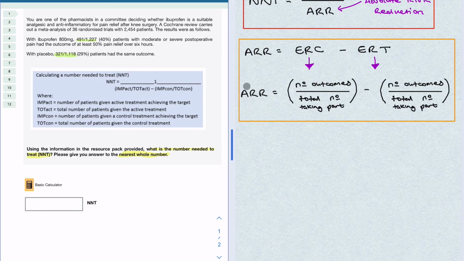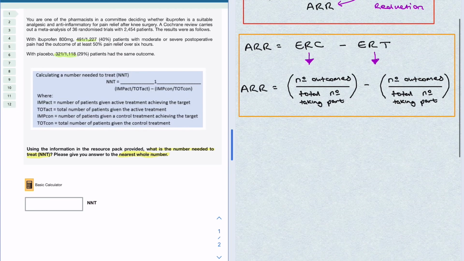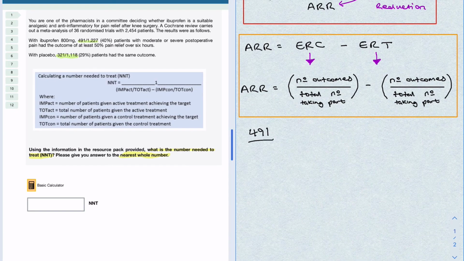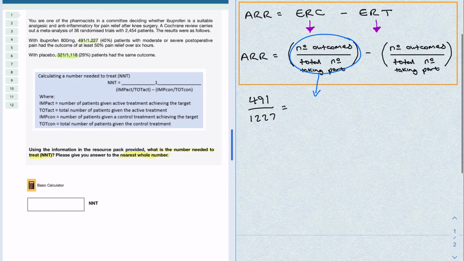So I'm going to calculate the first step, which is the absolute risk reduction. So I know that over here, 491 divided by 1,227 equals, and just to make it a little bit easier for you guys, I'm going to use a different colour just to circle this to show you what I'm actually doing here, guys. And at the same time, what I'm going to do over here is I'm going to do